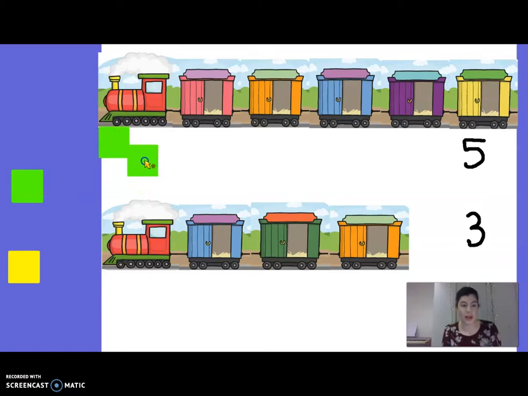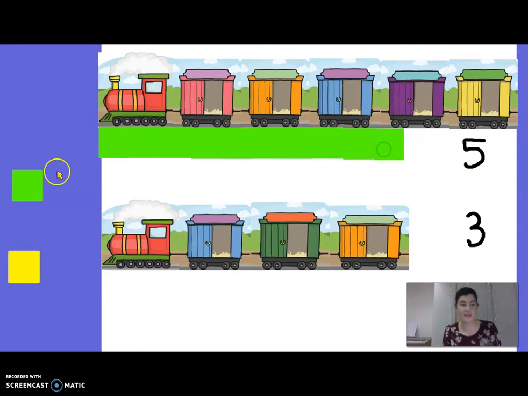So we've got 1 there, 2, 3, 4, we're going to keep going to the end, 5 cubes, 6 cubes, 7, 8, 9, 10, 11, this is a long train, I'm going to have to do some more cubes, 12, 13, and,